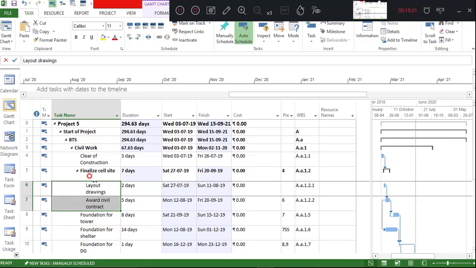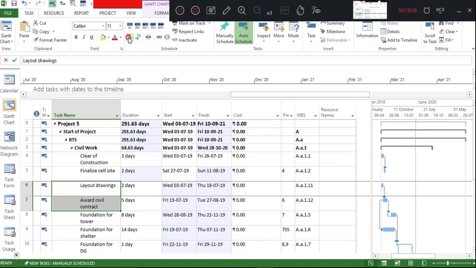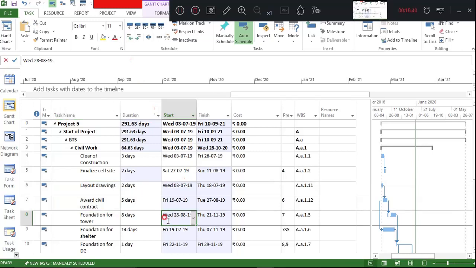So I will again select these 2 activities and say outdent. Now when I said outdent, it normally got back into its work. But you can see by mistake the code is changed. It became 1.1112. So that is why usually when you create the code, this happens because your project is big.